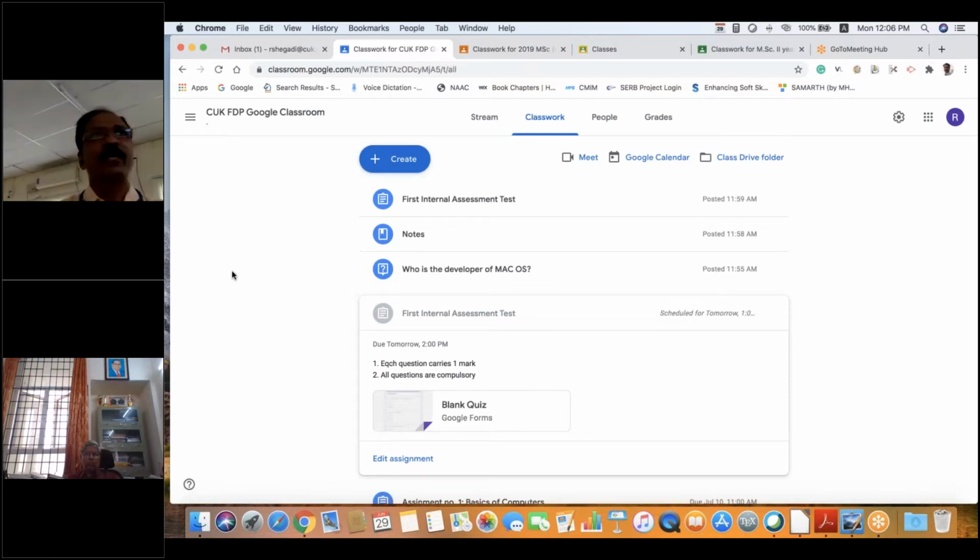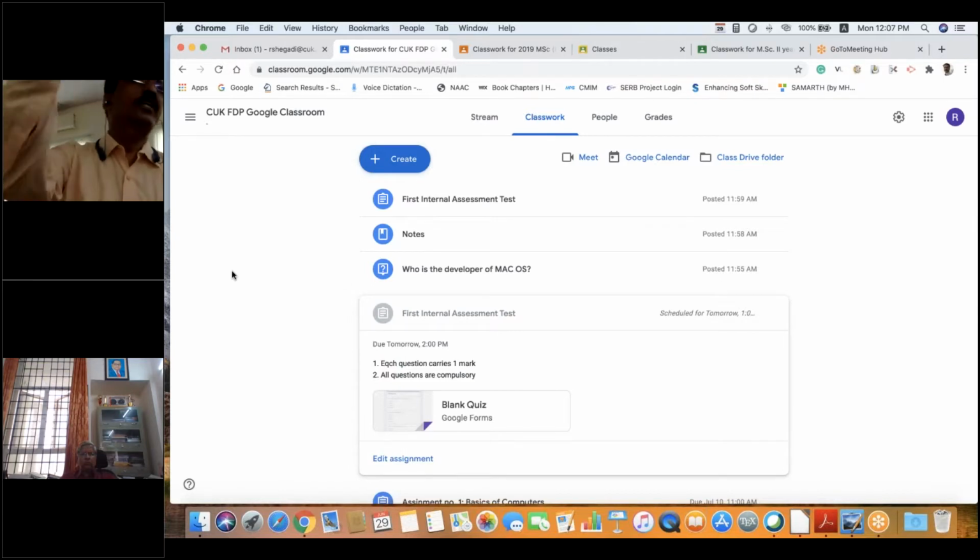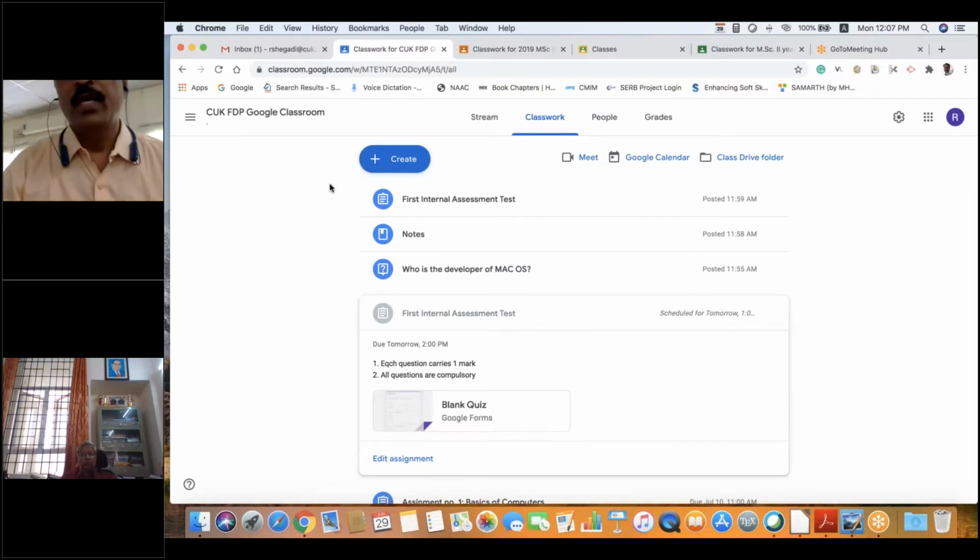You have to create a separate one in that. You can't use the same question. Yes, you have to change. You can use reuse for any material, notes, or descriptive questions, if you want to repeat the same question, something like that.